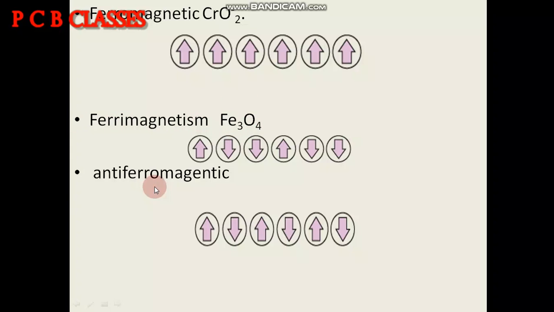And antiferromagnetism is shown by copper. I didn't mention it here, but in this case if you find out the electronic configuration of copper, then the arranged electrons will have alternate clockwise, anti-clockwise, clockwise, anti-clockwise spin, so the resultant spin will be 0. If the resultant spin is 0, then the element is antiferromagnetic. If they are parallel, then it is ferromagnetic, and if the resultant is not equal to 0, then these are termed ferrimagnetic.